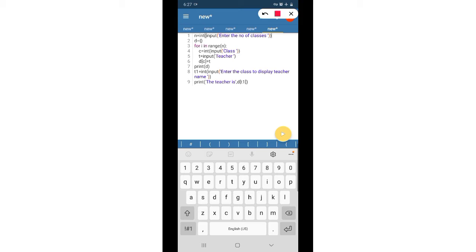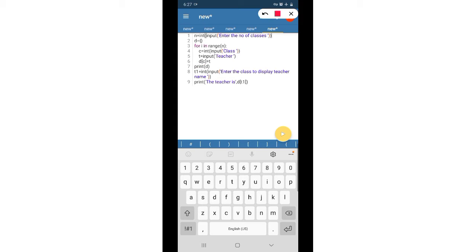So t1 is equal to int input, enter the class whose class teacher name is to be displayed, and that class is stored in the variable t1. So we have to display the teacher name of the class stored in the variable t1.